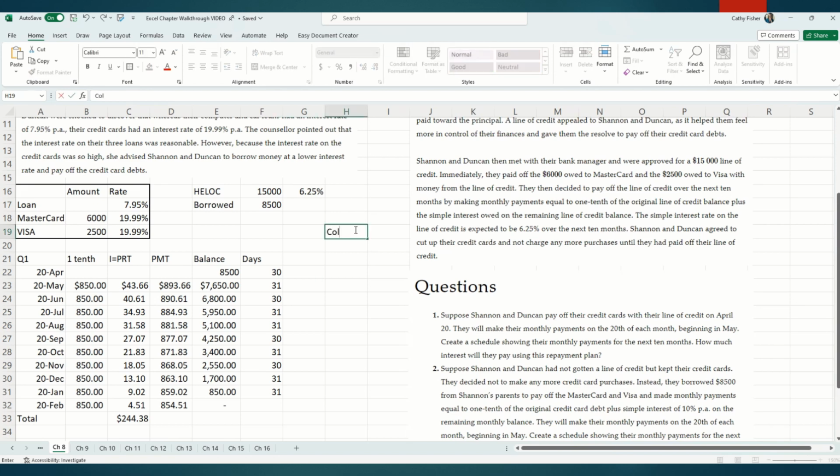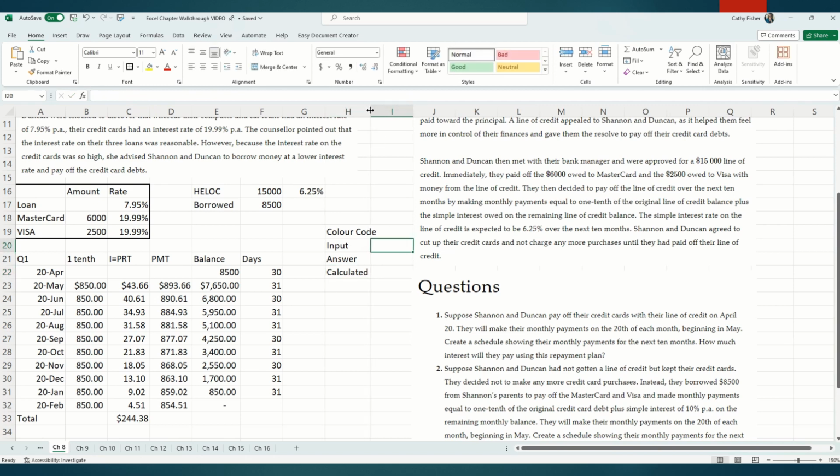So this is my color code. And I need something for input. So just places where I would input values. Where is my answer? And what are calculated? Okay. And so we'll choose those colors and we'll follow the code. So any input,